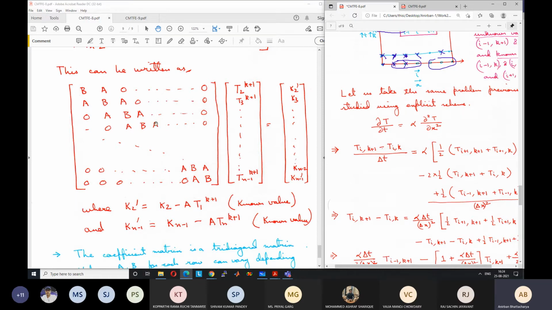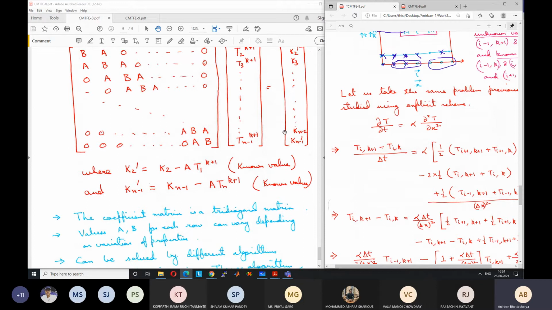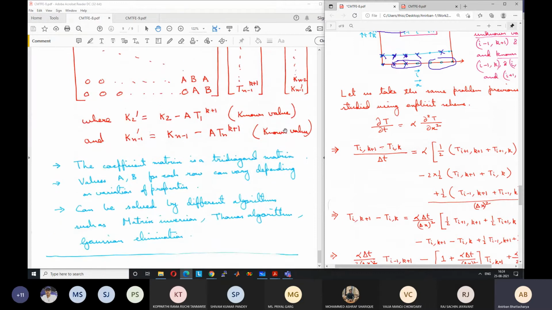At this point, just to solve this equation, we have to invert this matrix. So we can write this as AT equal to K, and then we will find T is equal to A inverse K. That you can directly do in MATLAB for your problems, because your example problems will be at very small scale, so time is not a factor. But for research problems, those who are already working on research with me already know how critical time is, and how much time it takes for solving one problem.